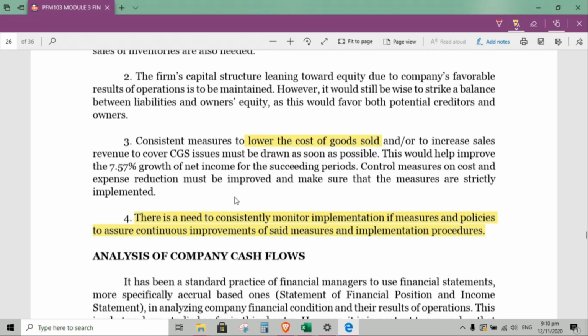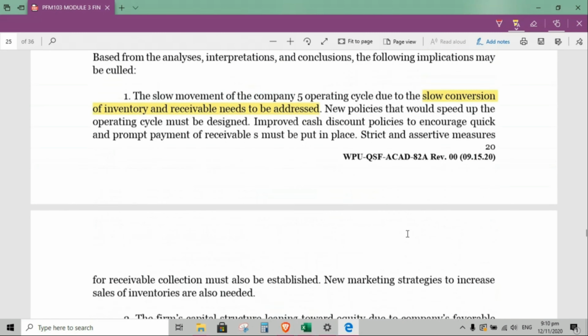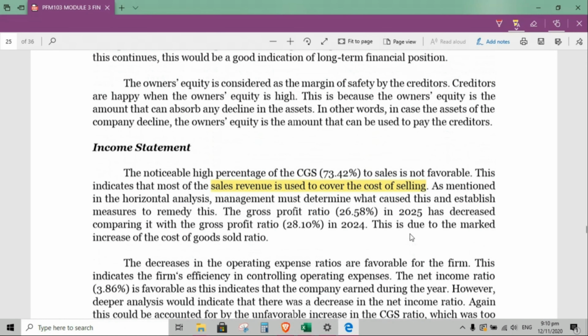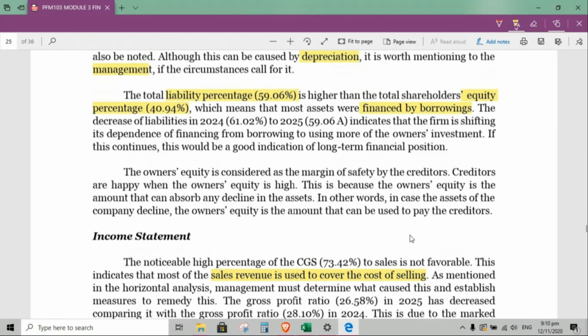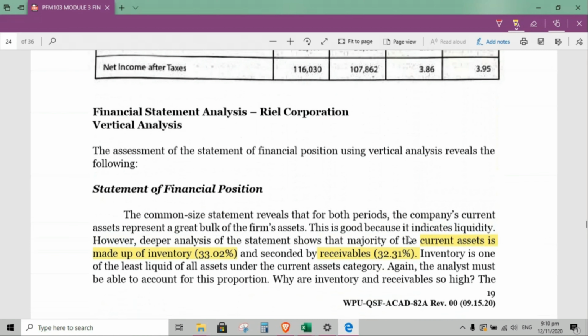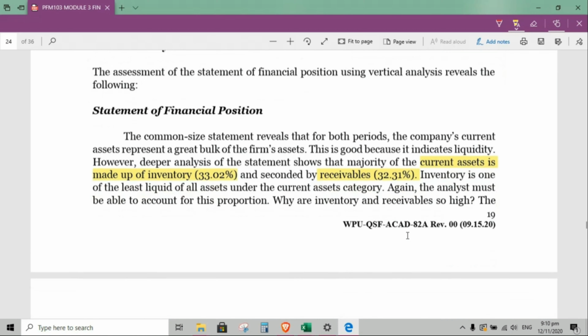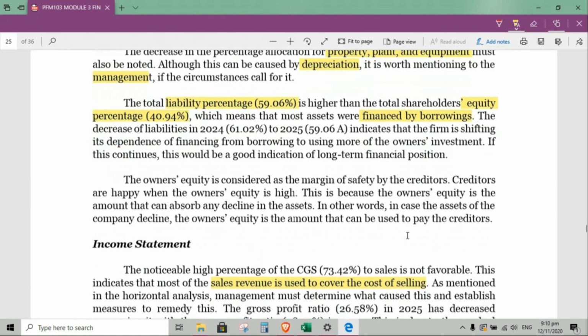Kasi, pag ang sales mababa, lahat affected. Expenses, mga susunod na mga magiging decisions natin, affected silang lahat. Okay? So, that is for the income statement and the balance sheet for vertical analysis or also known as common size